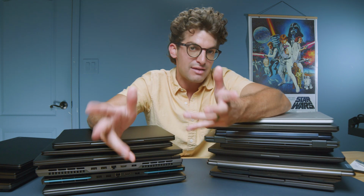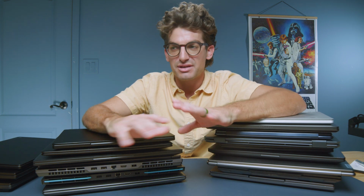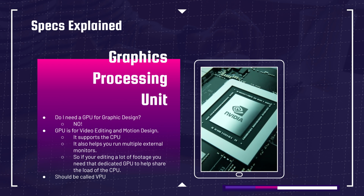And so it received the name graphics processing unit because really initially they were created to help with gamers or processing large amounts of information. And so it is a supportive element to your work inside of, say, Photoshop. It does help a little bit, but really the biggest place that it helps is processing the graphics on a